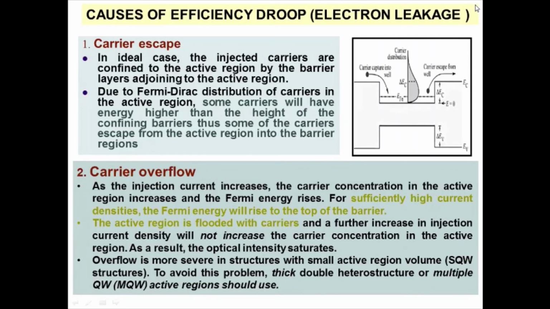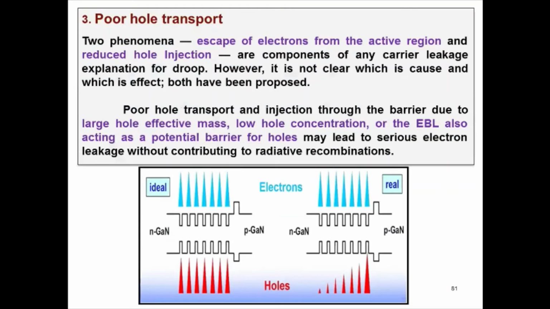The causes of the efficiency droop, or what is called electron leakage, can be sorted into four different issues. One is carrier escape, and the second one is carrier overflow. The third one is poor hole transport. Then